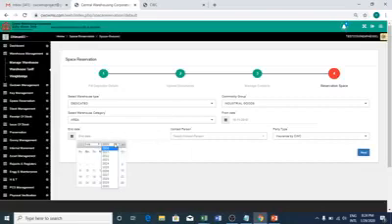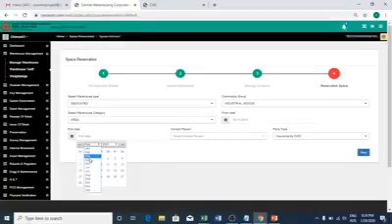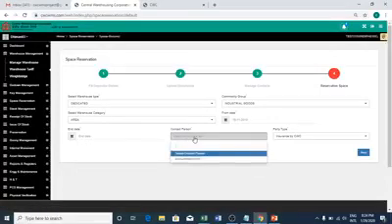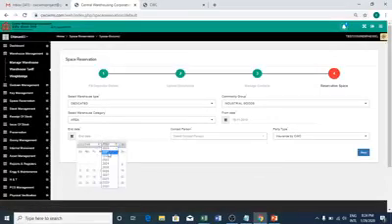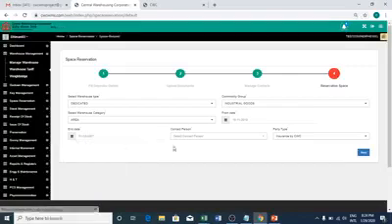End date is, let us say, 31st March 2021. Okay. Choose the contact person.